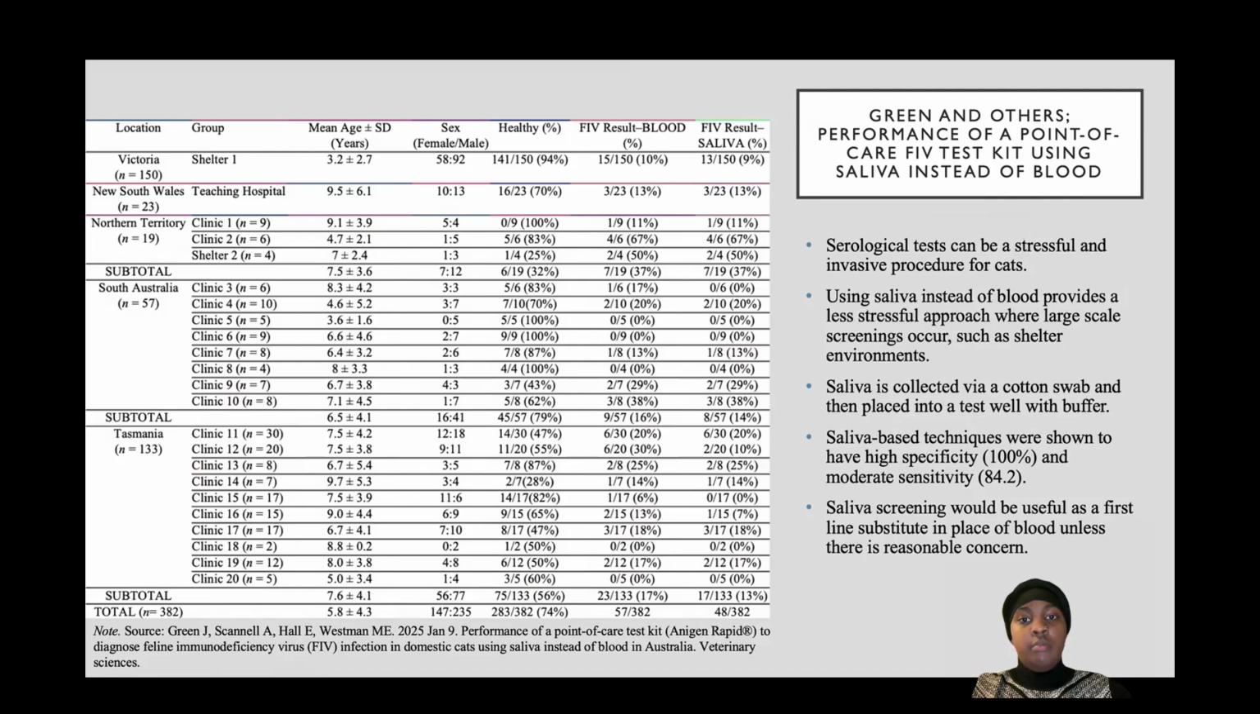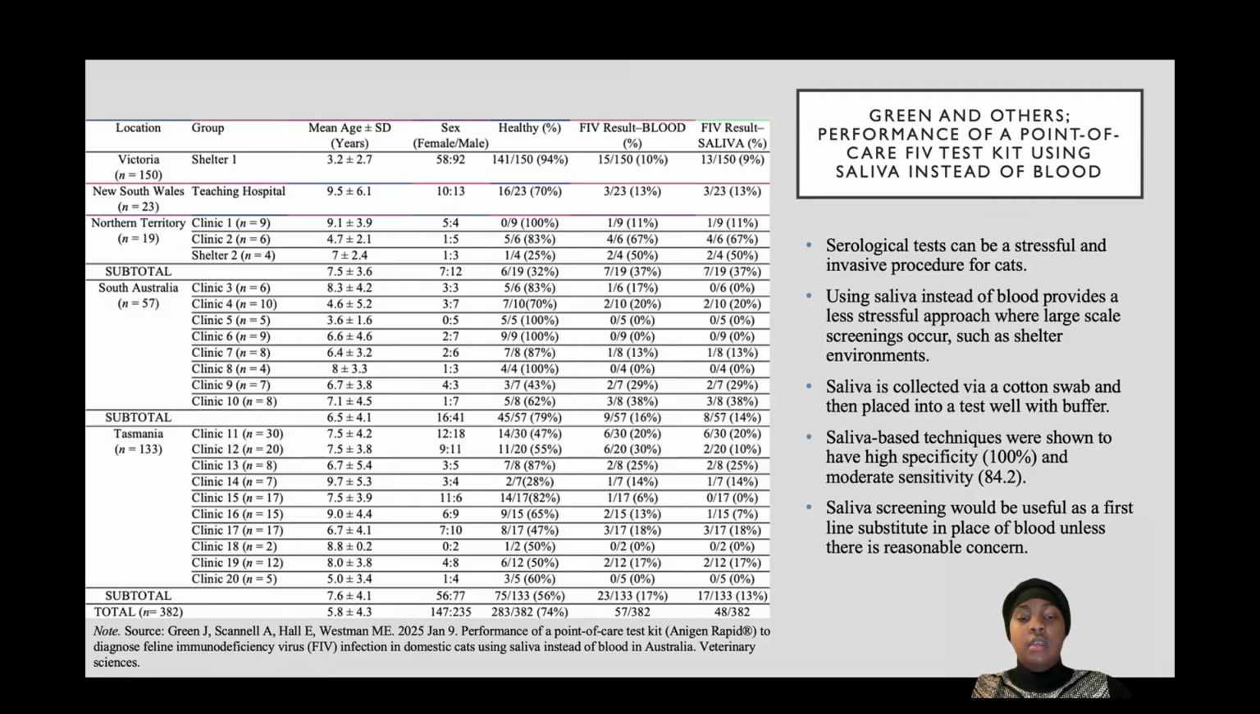Compared to the gold standard blood test, the saliva testing showed a sensitivity of 84.2%, meaning that it did miss some infected cats, but a specificity of 100%, meaning there were no false positives. Nine cats were FIV positive by blood but tested negative in saliva. The study also identified that male cats and those in poor health were more likely to be FIV positive, despite being slightly less sensitive than